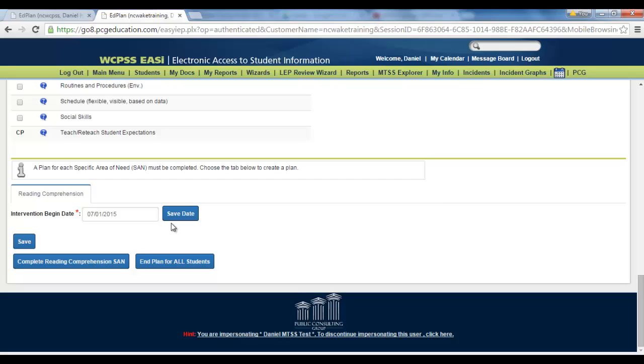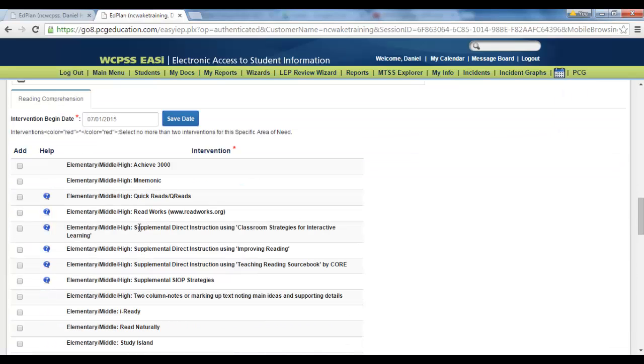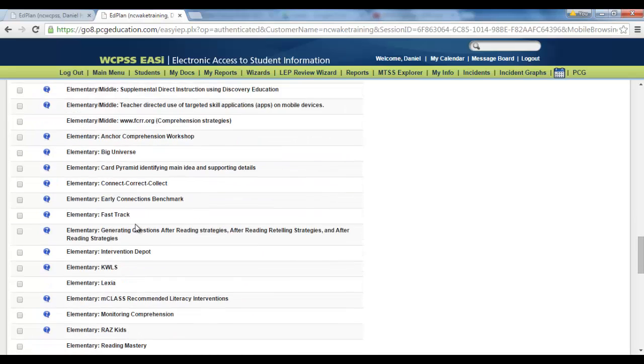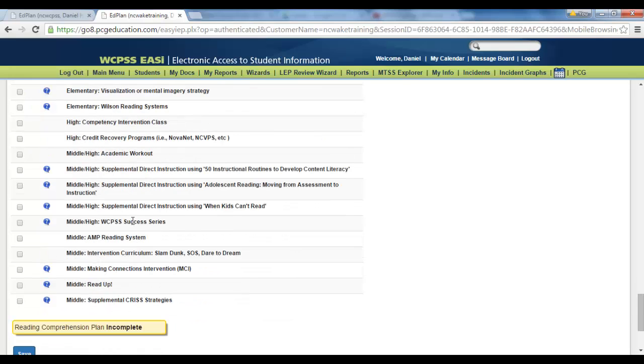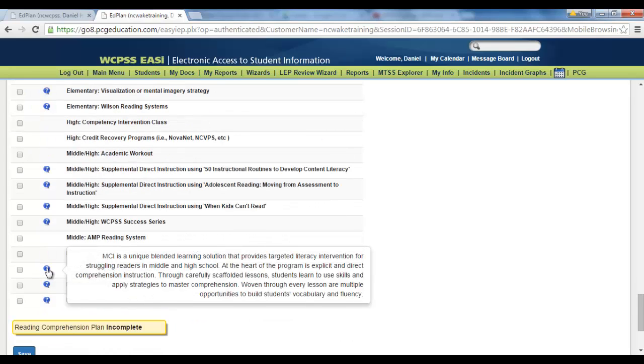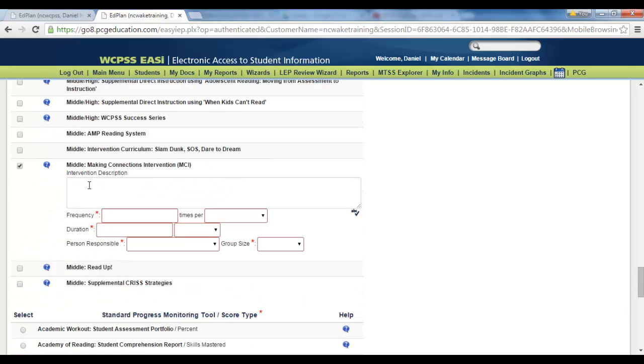I want to show you some actual data. Save the date. A list of interventions will appear. Choose the intervention. If you want to add some additional description information, you may. You must add, wherever you see a red asterisk, the frequency,